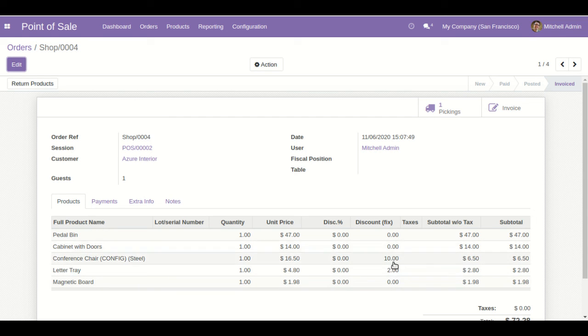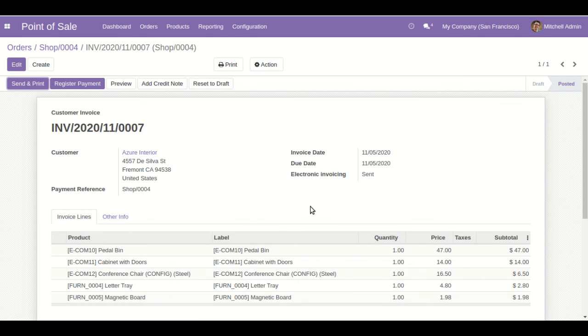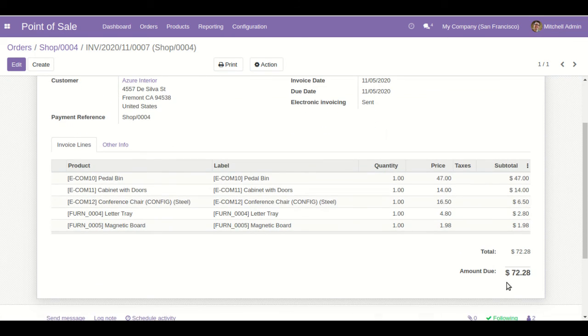It is applied on the point of sale order at the backend side. And let's see the invoice also. From the invoice also, the related deducted amount is gathered over here after applying that discount.